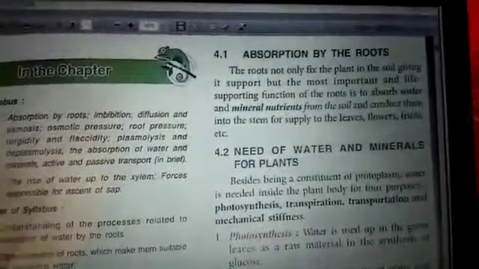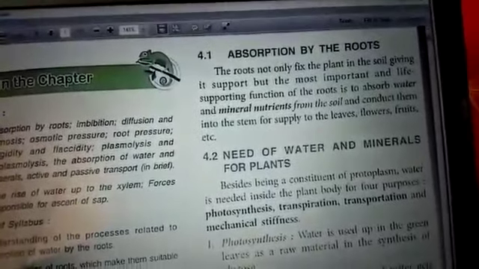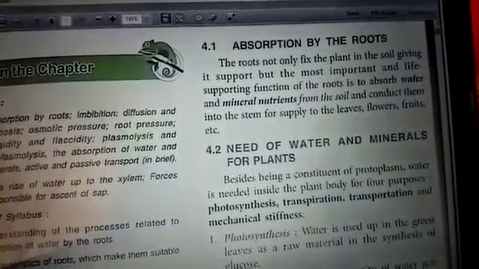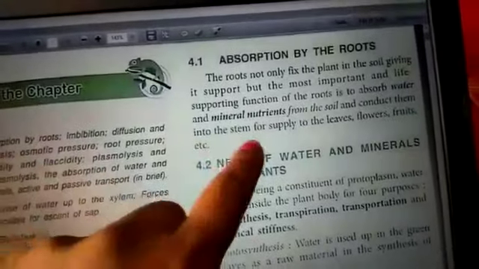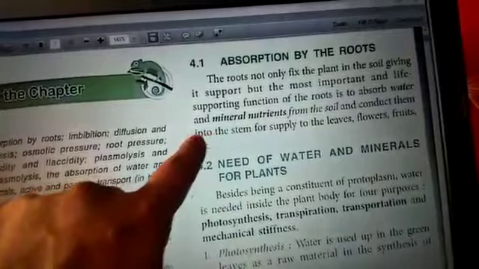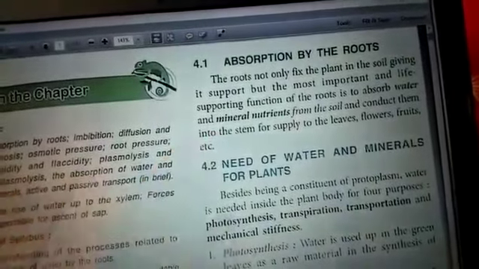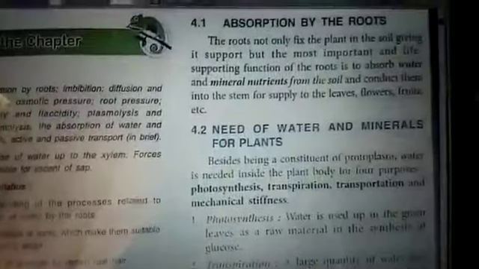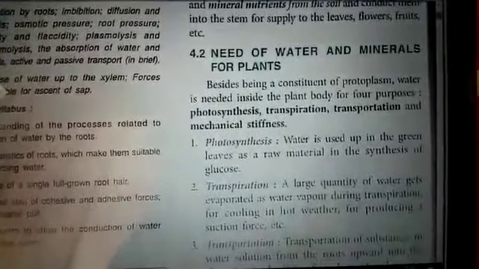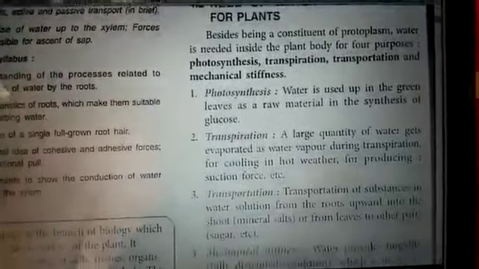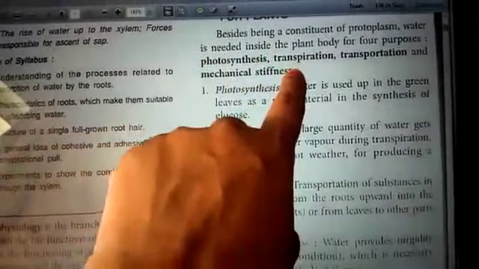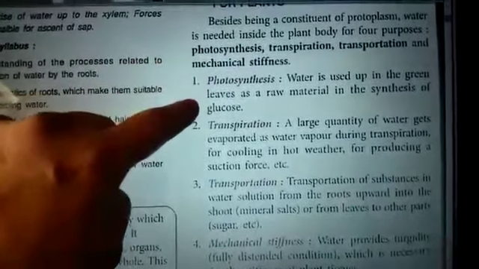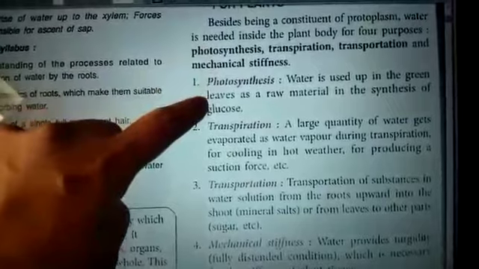absorption of water by the roots. Absorption takes place by four different methods, or you can say, what are the needs for the absorption of water by the roots? First, they get mineral nutrients from the soil, which conduct them towards the stem for the supply towards the leaves, flowers and fruits. Next, the need of water and minerals for the plant is for four main purposes: photosynthesis, transpiration, transportation and mechanical stiffness. Photosynthesis, which right from lower standard you are studying, is a process in which food is being prepared